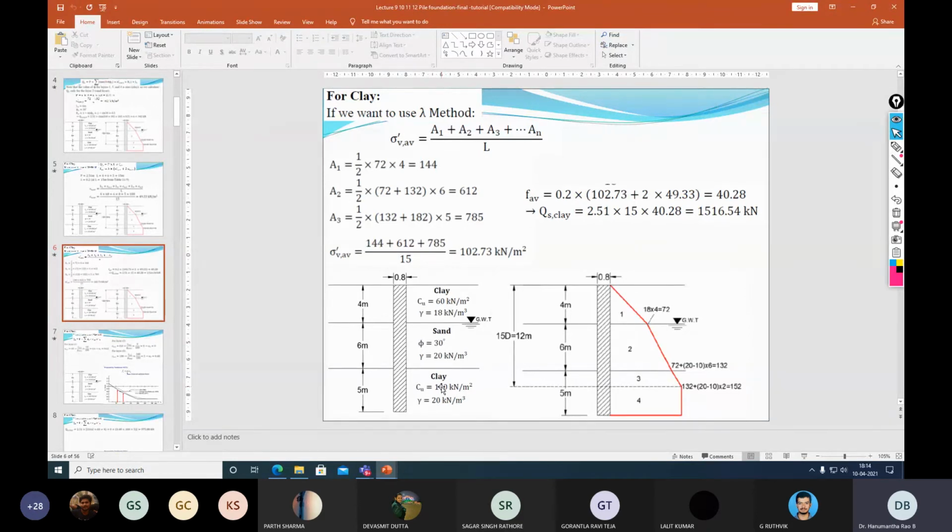No, sir. But if the sand is at the bottom layer and two clays are together, then we have to consider up to the two clay layers only. In that case, you can clearly consider only 2 layers because the bottom sand doesn't exert any kind of overburden on the clay. So in that case, your values also differ. For example, here it is 72, then in that case you will end up with 132. So 72, 132, averaging over the 10 meter length. That's fine. That is true, valid.